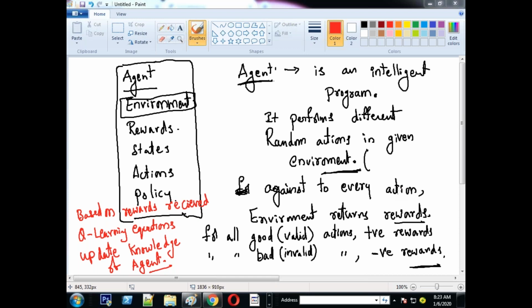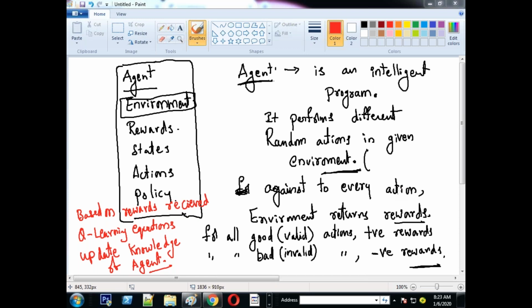Suppose if you treat that our classroom is the environment. Understand? Now Mr. Santosh is the agent. Whenever he steps into the class, immediately performs a bad action. That means he violated a rule. Now immediately this environment is giving negative reward to him. But if it is agent, it tries to learn from that negative reward. But our Santosh will not learn it. How many times you say he will do the same thing? Correct?